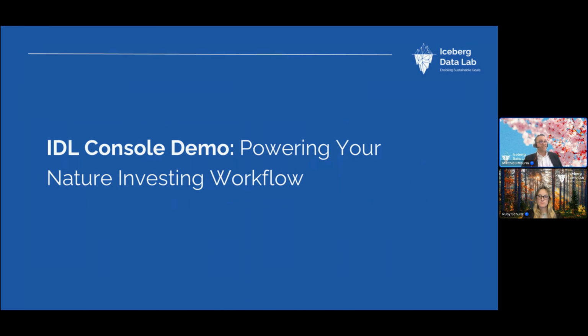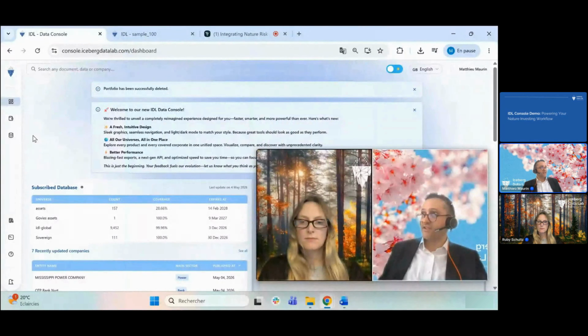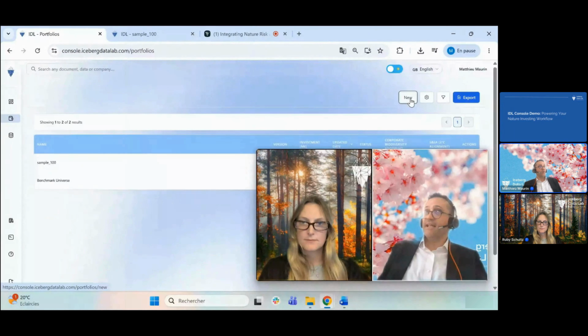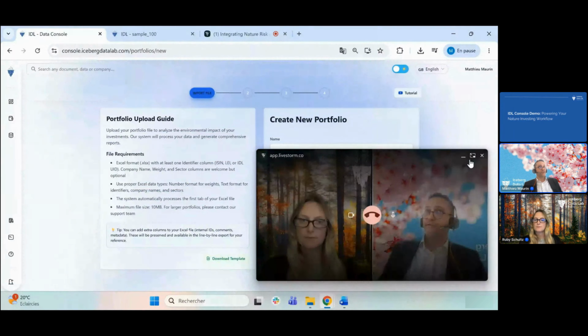But now let's have a look at the how in a very concrete manner, showing how you may tomorrow use that toolbox to do your job as portfolio manager. So I am now sharing my screen, and you see the data console, which is a client platform accessible to all our clients, with the tabs showing all the companies. But we will focus today on portfolio